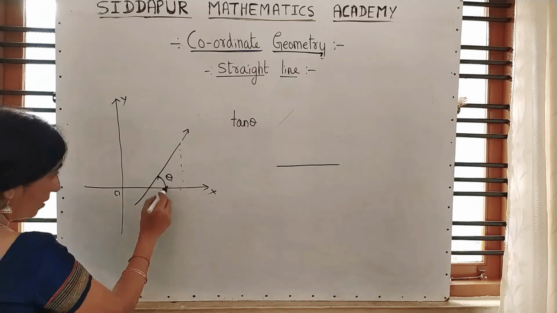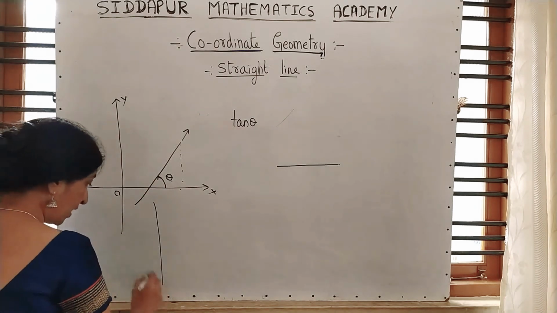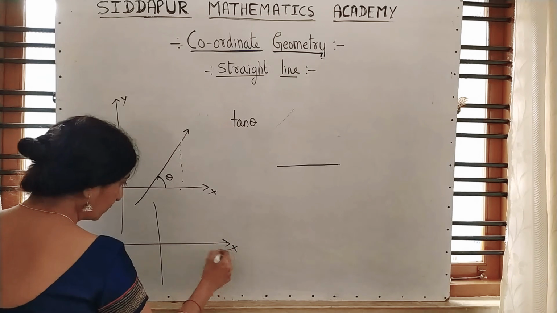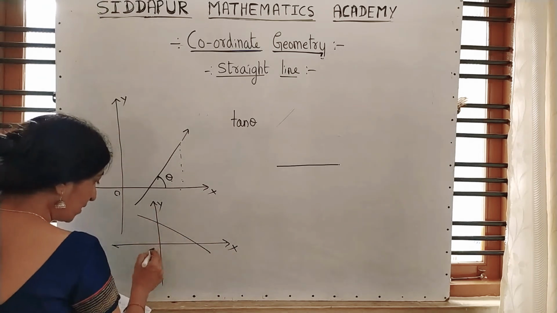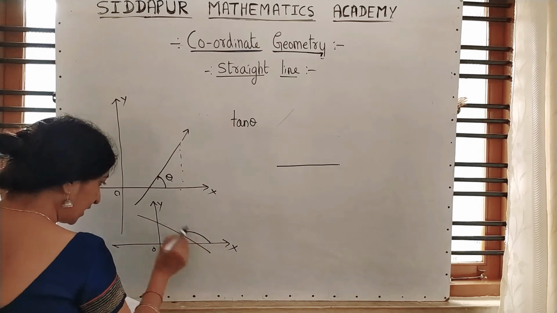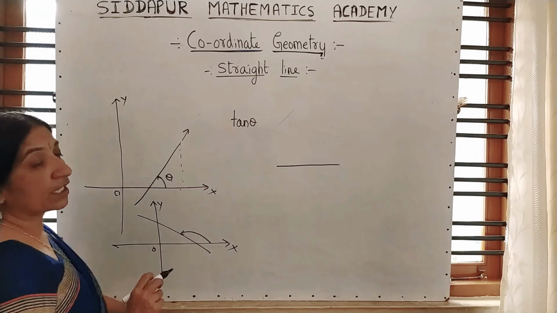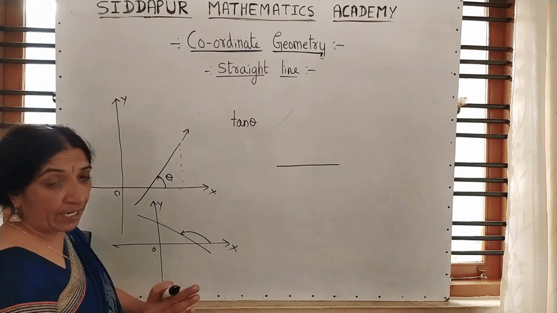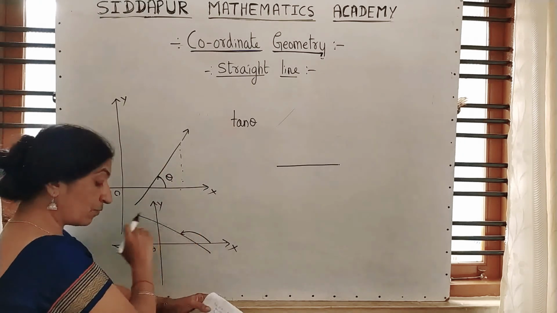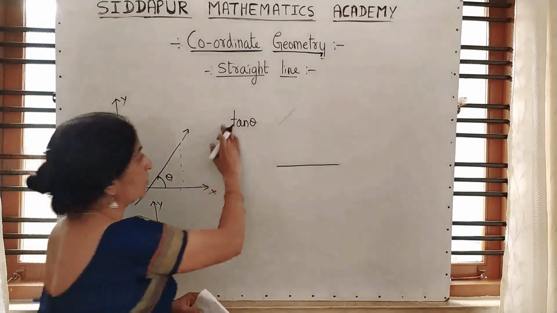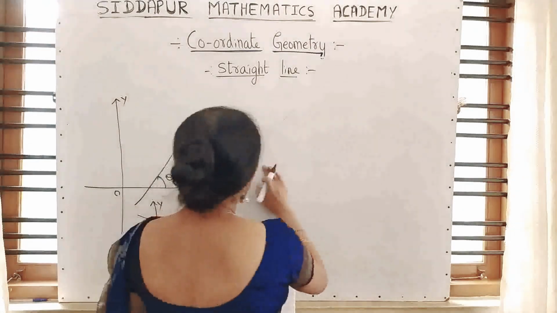It is not necessary that it is always acute. You can take it like this also. If this is the straight line, this is the origin. If the angle is like this, at that time you are getting an obtuse angle. For Kannada medium, Vishala Kona. This is Laghu Kona, less than 90 degrees. This is more than 90 degrees. Understood? So then please note down.